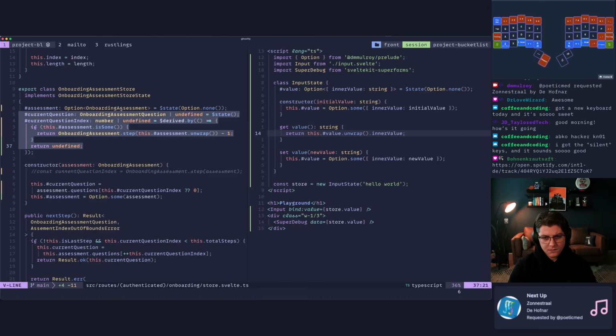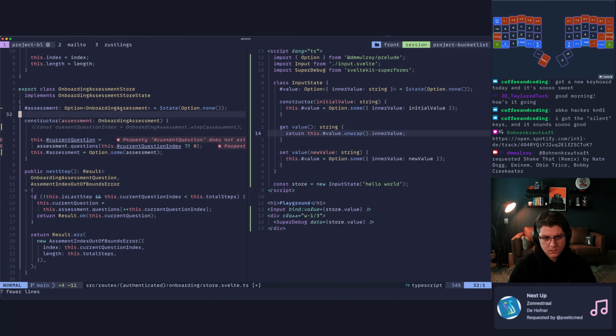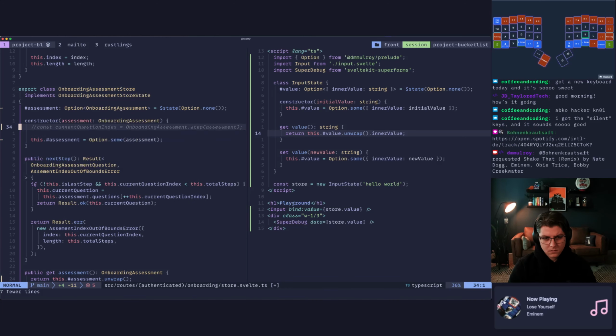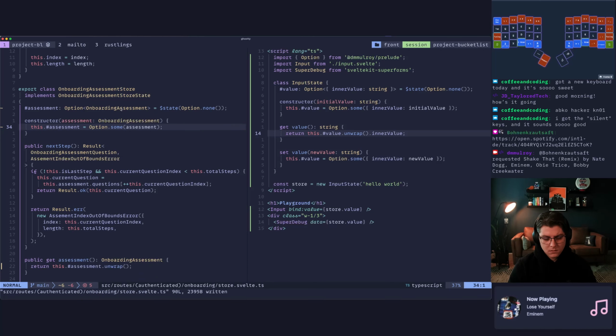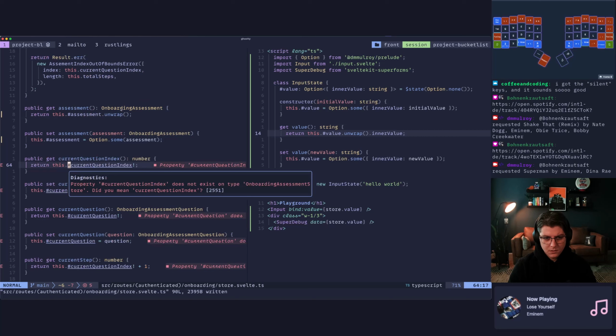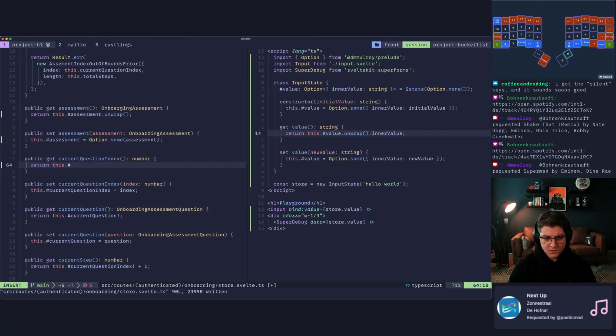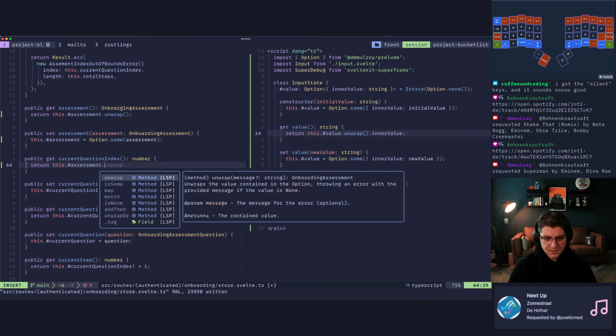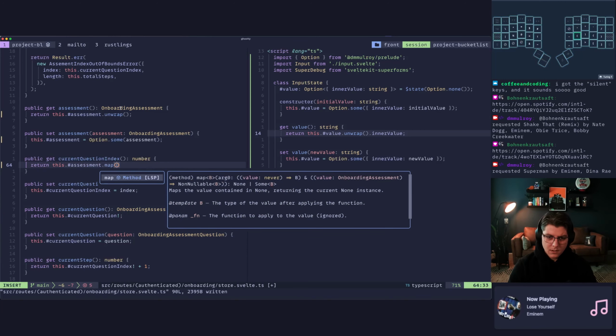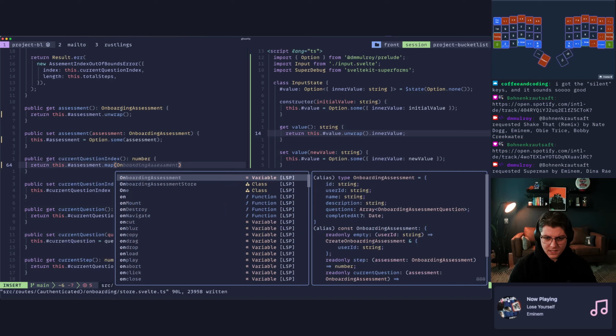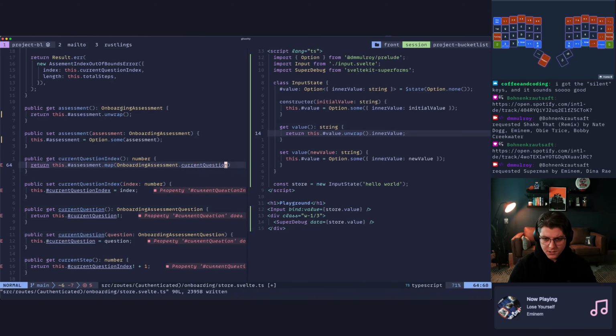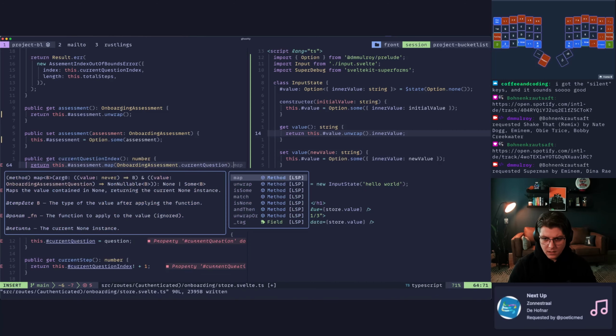I wonder if we can do this. Yeah, he knows his own data. Like, keep it super simple. We can do this data.steps.map, and we'll do onboardingAssessment.currentQuestion.unwrap.